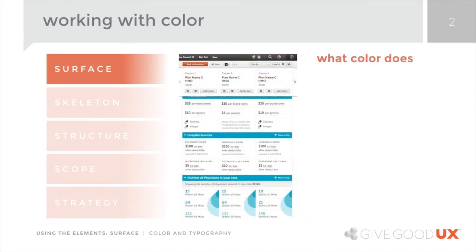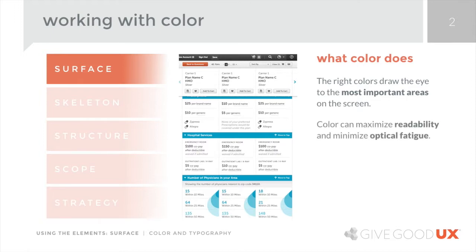So color does some pretty important things. First and foremost, the right color combination draws the eye to the most important areas on the screen. The right color combinations maximize readability and they minimize optical fatigue. If the balance of contrast and saturation in particular is right, it means our eyes have to strain a lot less to read